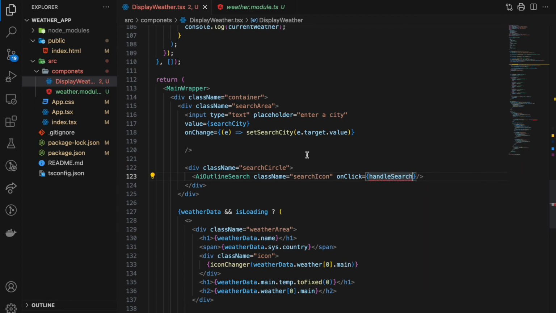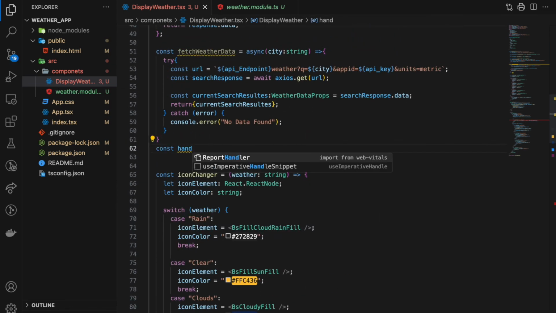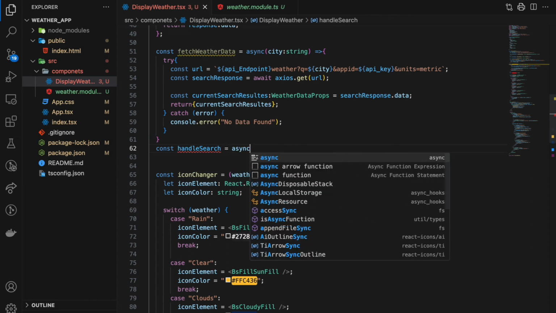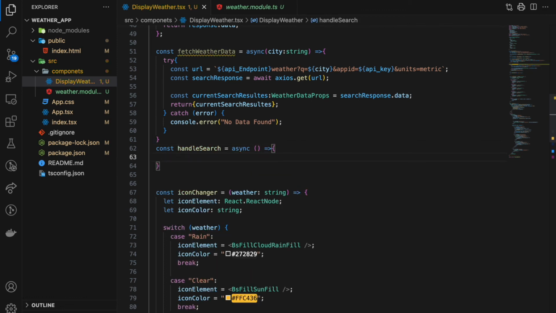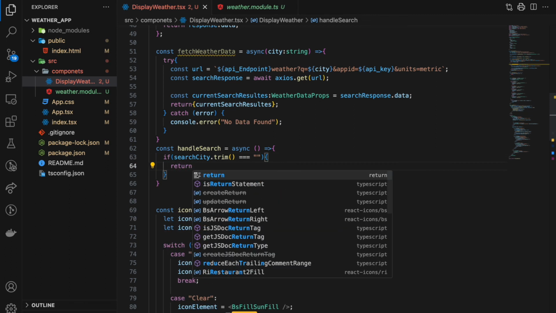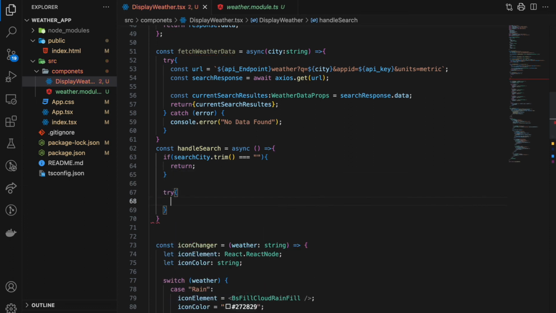Because I haven't declared this function yet, I'm going to come up here again, right below the fetch function: const handleSearch, and this will also be an asynchronous function. We don't want to search anything if that input is empty, so if searchCity.trim equals empty, we just return, else we will try. Again, we are using a try and catch block,